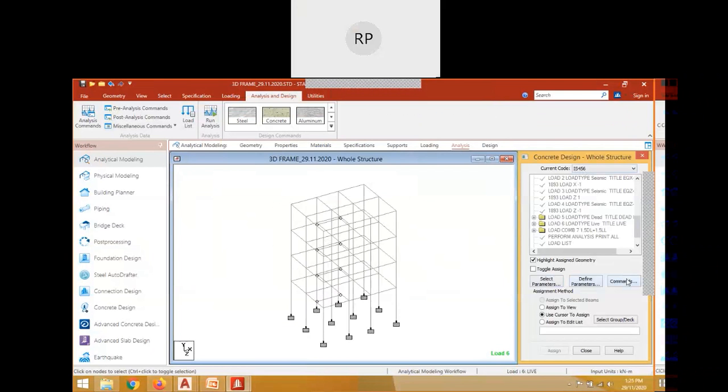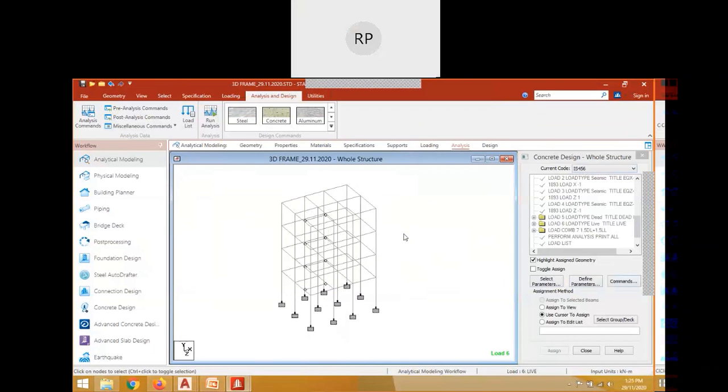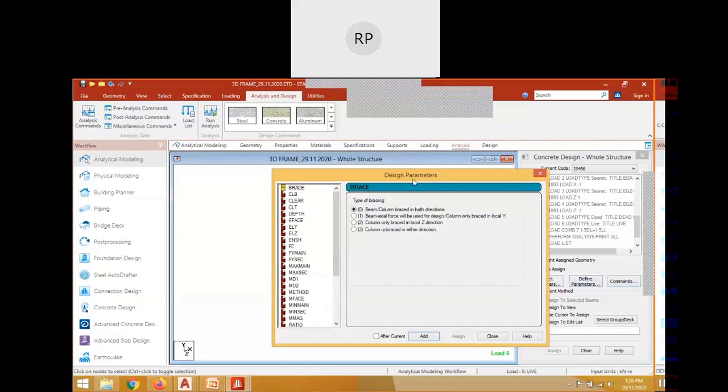Now there are three things: select parameters, define parameters, and command. Now how to design this element? That means what you want to design: either you want to design the beams or columns or all. That you need to select first. Then the command you can select from the command menu. Then there are certain parameters like unsupported length, then the reinforcement, the characteristic strength of that particular reinforcement, the characteristic strength of shear reinforcement, cover. All these parameters can be defined from here. Okay, so let us go